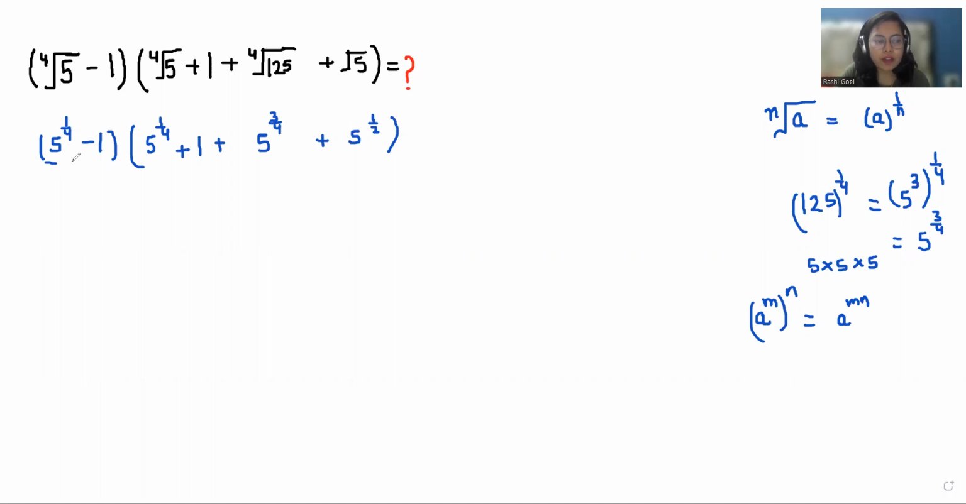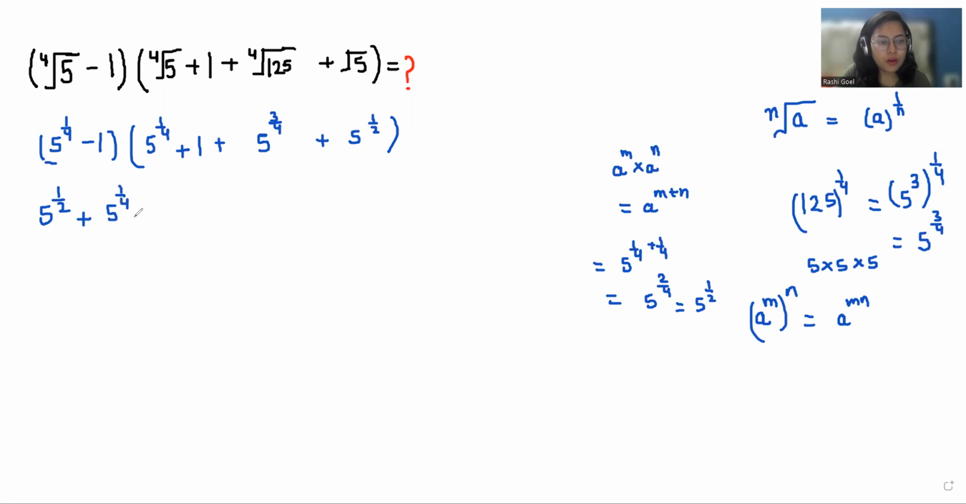Now first we multiply 5 power 1 by 4 with the bracket, now with minus 1. So 5 power 1 by 4 multiplied by 5 power 1 by 4. So a power m multiplied by a power n is equal to a power m plus n. So we can write 5 power 1 by 4 plus 1 by 4, that is 5 power 2 by 4, equal to 5 power 1 by 2. So here 5 power 1 by 2 plus, when we multiply by 1, 5 power 1 by 4 plus,